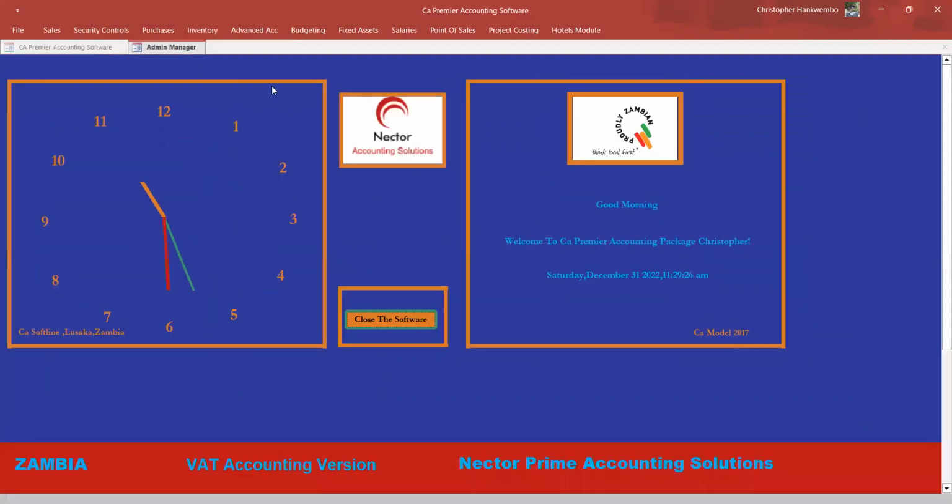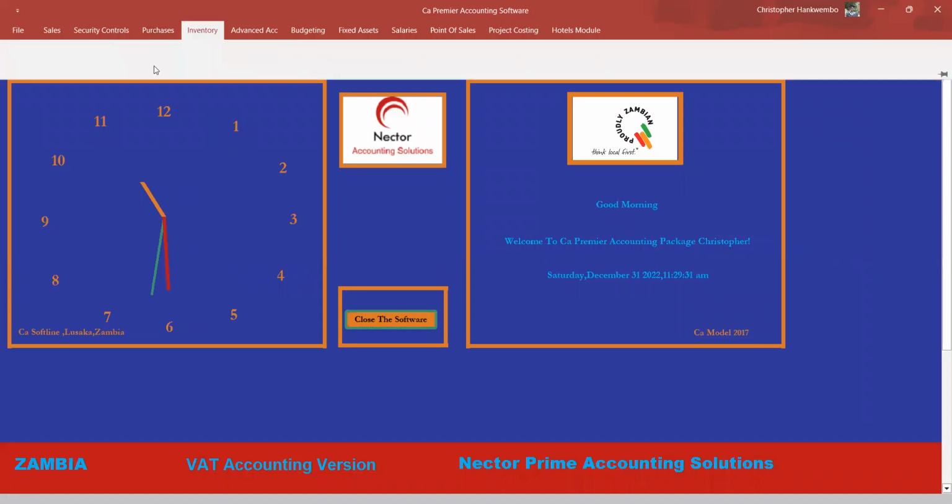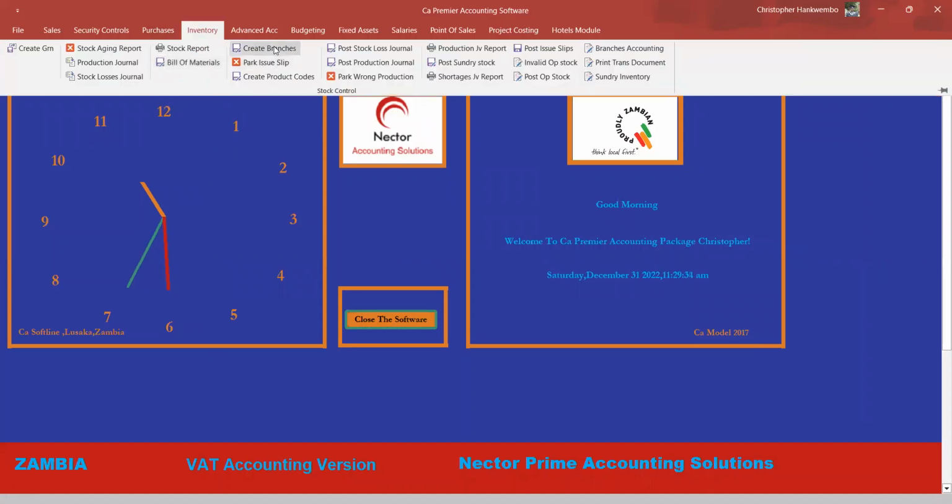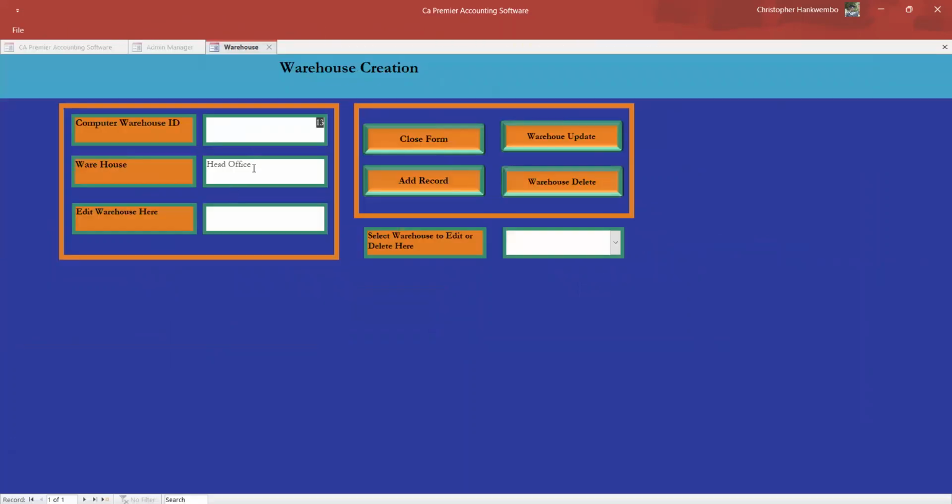Where you enter the company or branch name is here, where it says create a branch. This head office which you are seeing there, you can edit and put what applies to your area. Once you have put that, you simply say add.